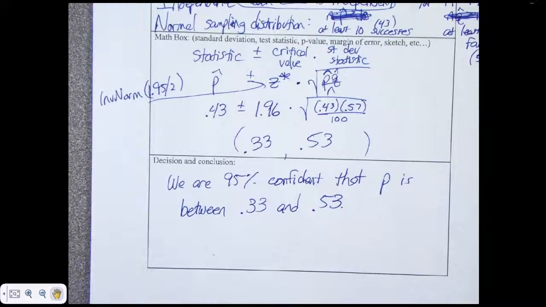So what's the margin of error? 0.1, because to get from 0.3 to here or 0.43 to there is 0.1. What's the width? 0.2. If I wanted to be more confident, would this interval get wider or narrower? Wider. If I told you that P was 0.25, would you agree with me or disagree with me? You would disagree with me because 0.25 is not in it.